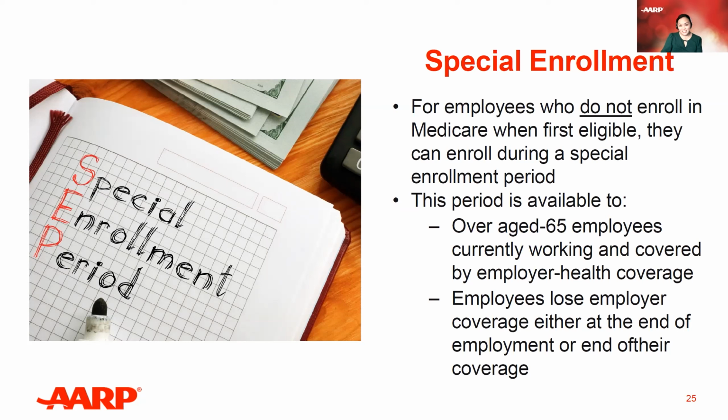So you do have to pay attention to this, especially if retirement is triggering discussions about Medicare enrollment. It's something that you do want to pass on, because if they didn't enroll in Medicare during initial enrollment and decided to stay with employer-based coverage, that's fine. If that's an exempt reason, they would then have the special enrollment period to enroll. But if they don't enroll during the 8-month window in the special enrollment period, they would then have to enroll during general enrollment, and they may face this penalty, which again could be avoidable with a little bit of help and education.